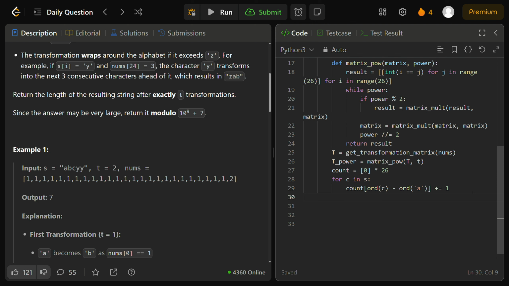That's the key part. Now we have to multiply those initial frequencies with the transformation matrix to get that final resulting output, and simulate applying all those t transformations to our input string s, right? Using again those matrices. So the way we would do that is initialize the result to be 0, and this result is finally going to store the total length of the final resulting string of our input string s after all t transformations, and this is effectively what we're going to return as a result. And the way we compute and update this is for every i, again, in the range of 26,